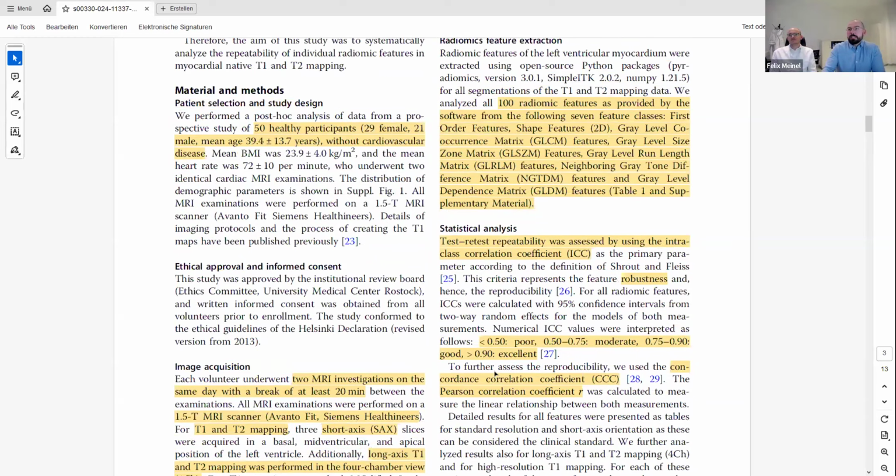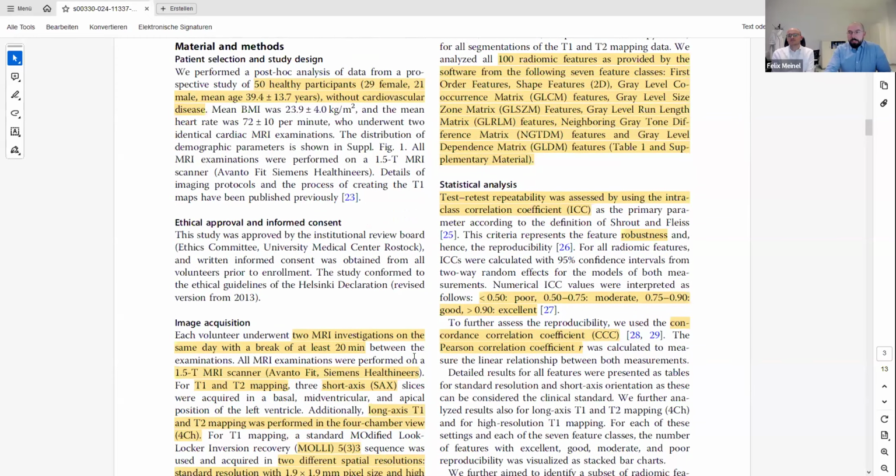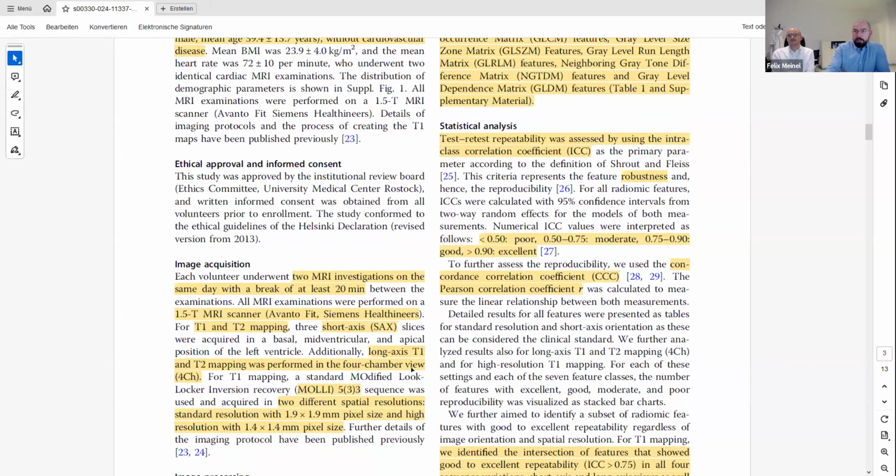So that's what we did. We have a cohort of 50 healthy volunteers who underwent two identical CMRI examinations. We have 29 women and 21 men with a mean age of 39 years without cardiovascular diseases. The examinations were performed on the same day with a break of 20 minutes, and we used a 1.5 Tesla MRI scanner